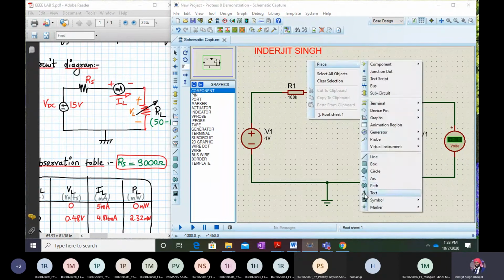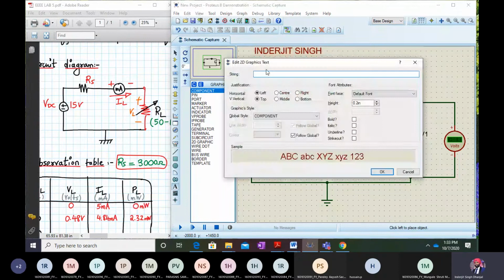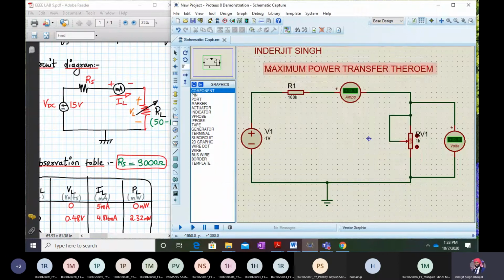So basically, this is my maximum power transfer theorem. I will explain this. First of all, we will complete the experiment and then we'll analyze what we have achieved in this lab. Okay, so the naming part is done.